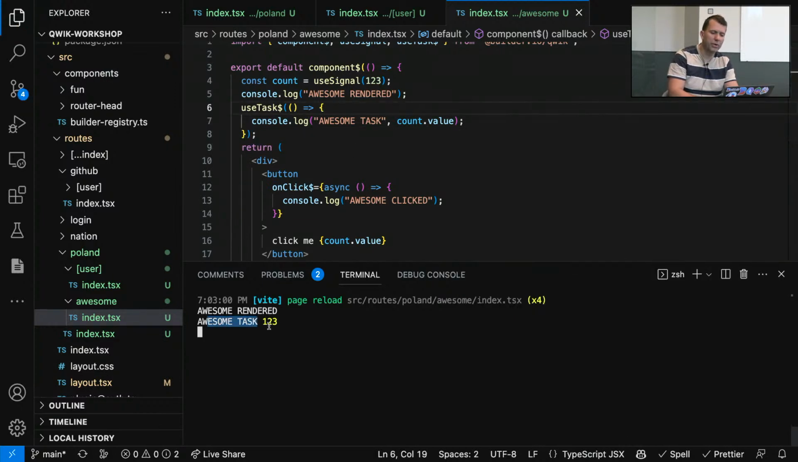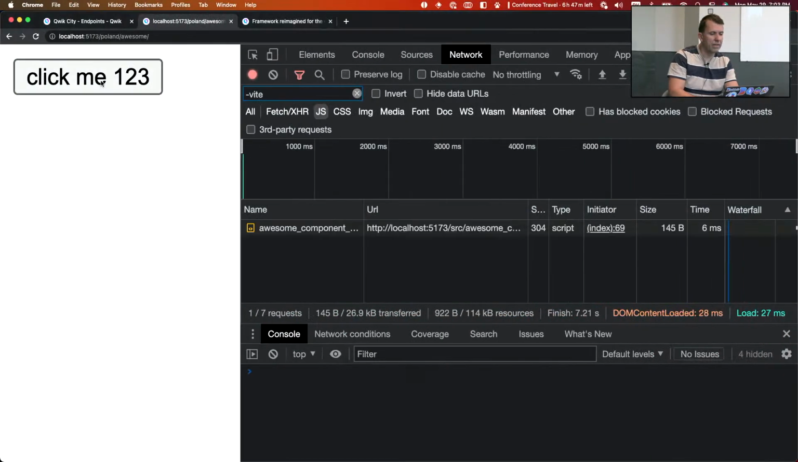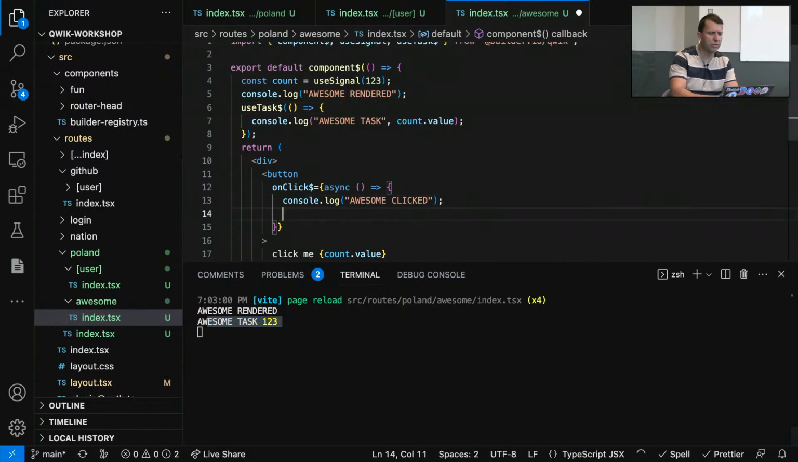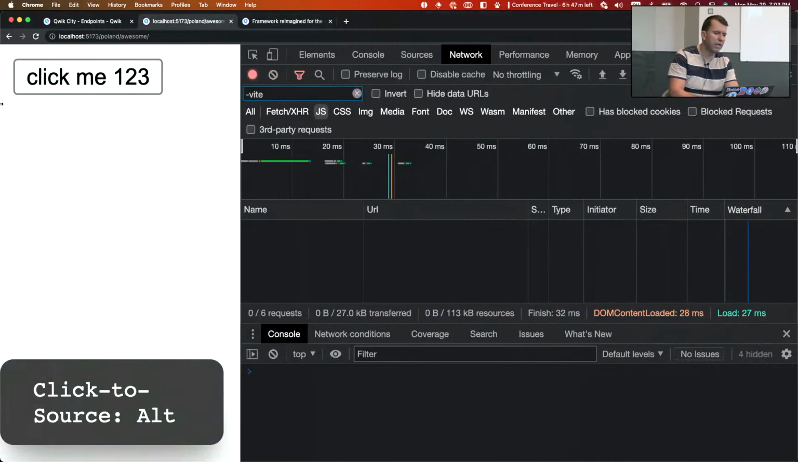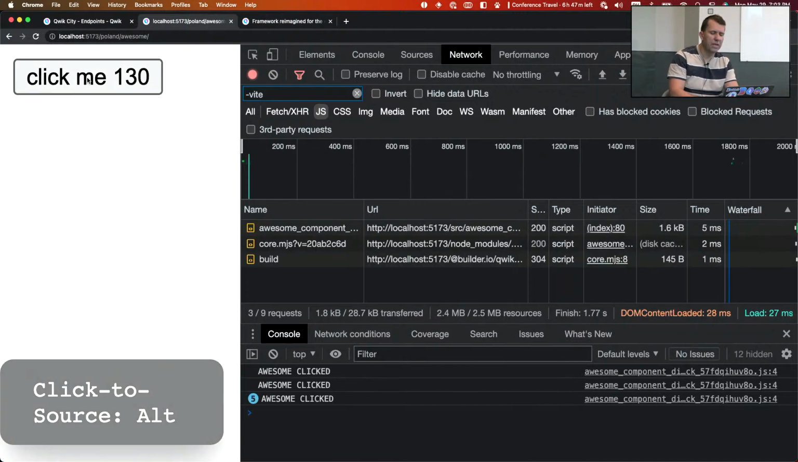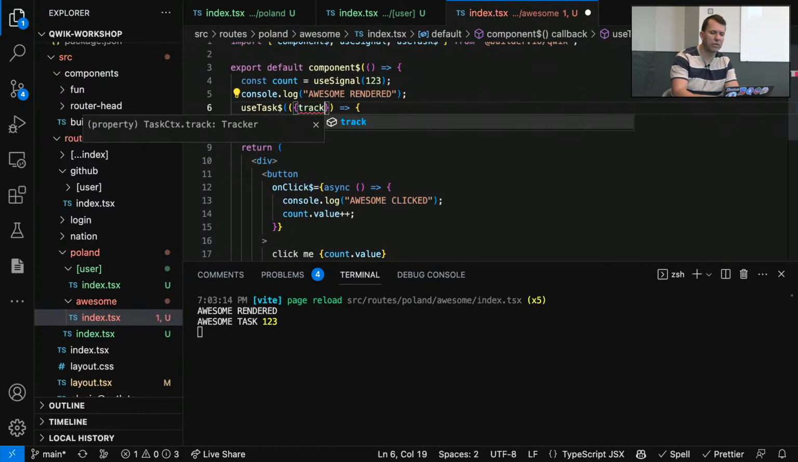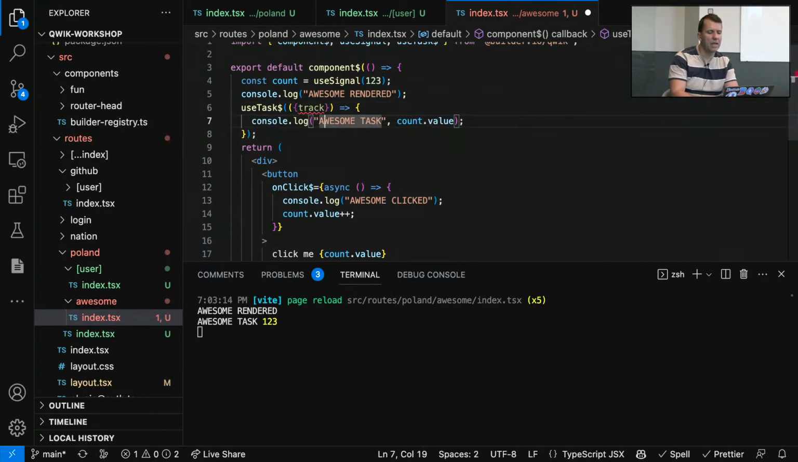So we print initial count on a server, right? If I click on it, I can increment it. Why is it not incrementing? Oh yeah, I forgot to say count.value++. Okay, so I can increment it, right? But the use task is not rerunning. And that's because tasks by default don't track, so you have to say track. And in here, you can then say, hey, I want to track this